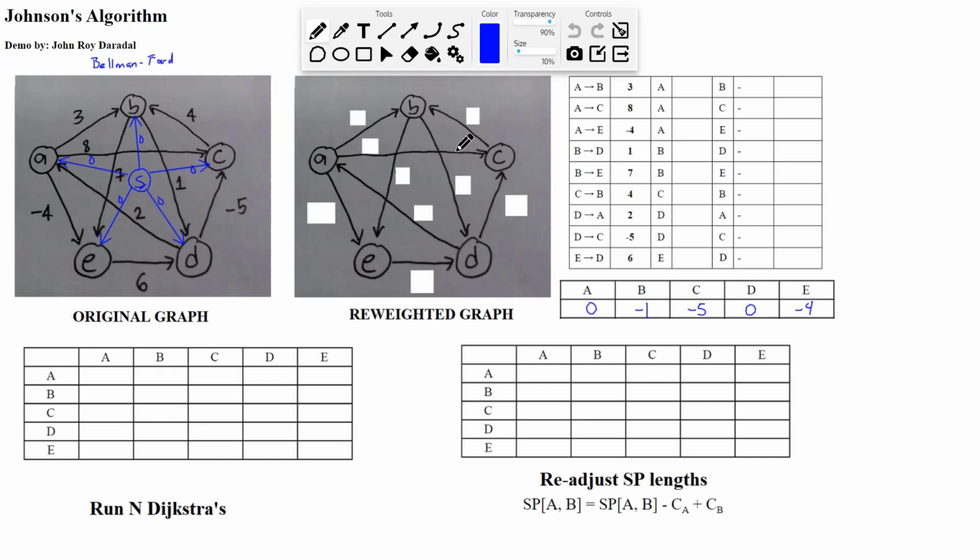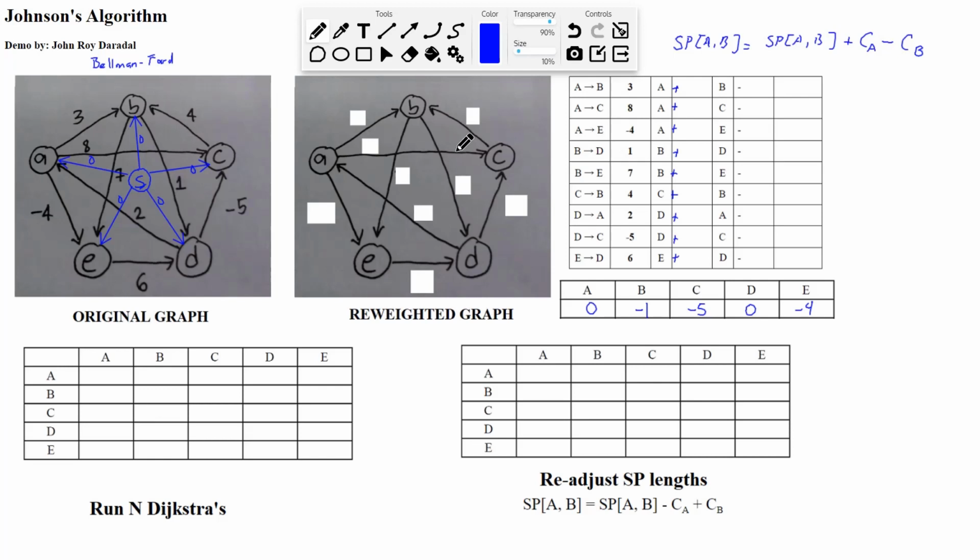So remember that in reweighting the graph, we would have SP of AB is equal to the current weight SP of AB, and then plus the score of the first endpoint A minus the score of the second endpoint B. Okay, so we now have our original edge weights here, 3, 8, negative 4, and so on. So we will write the plus scores of the,